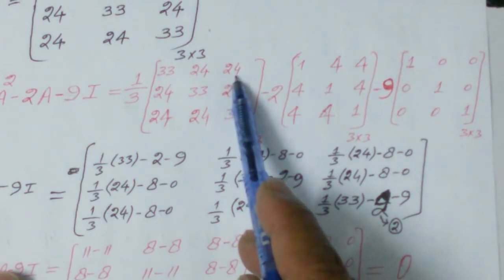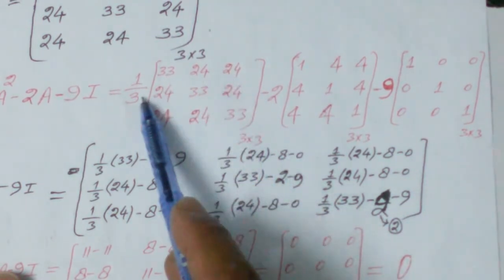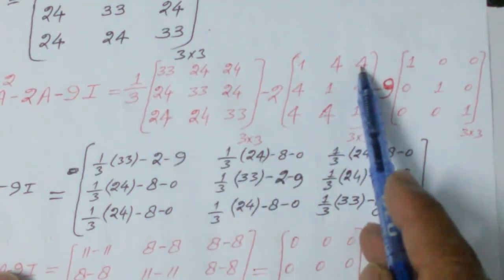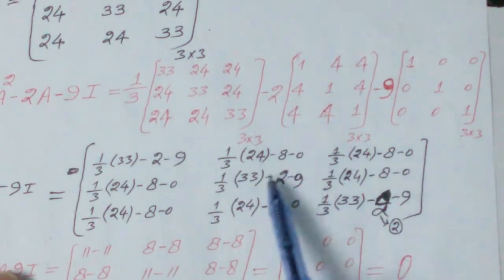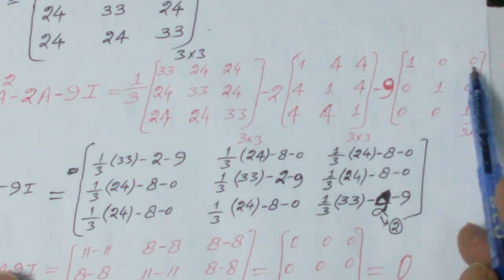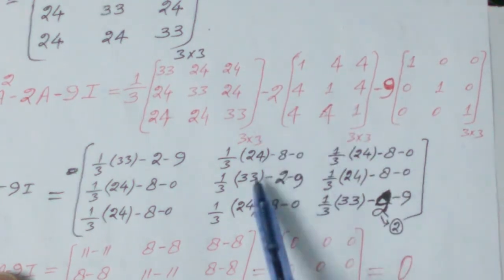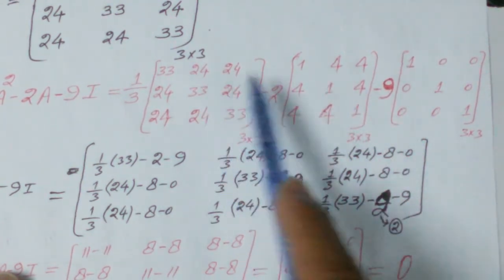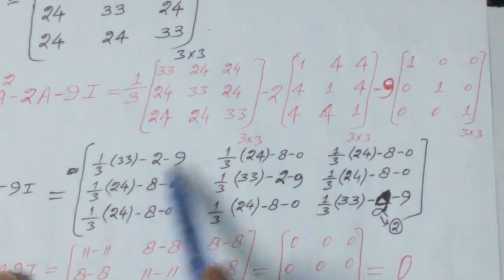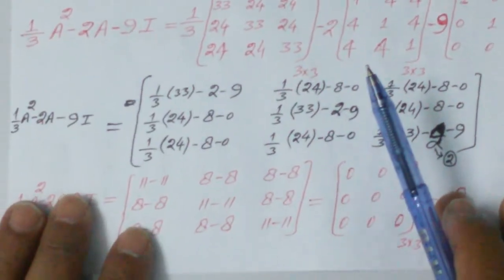Similarly, multiply the element in the first row and third column by 1 over 3, and by 2, we get minus 8, and by 9, and operate with the negative operator. Similarly, and so on. After the simplification, we get